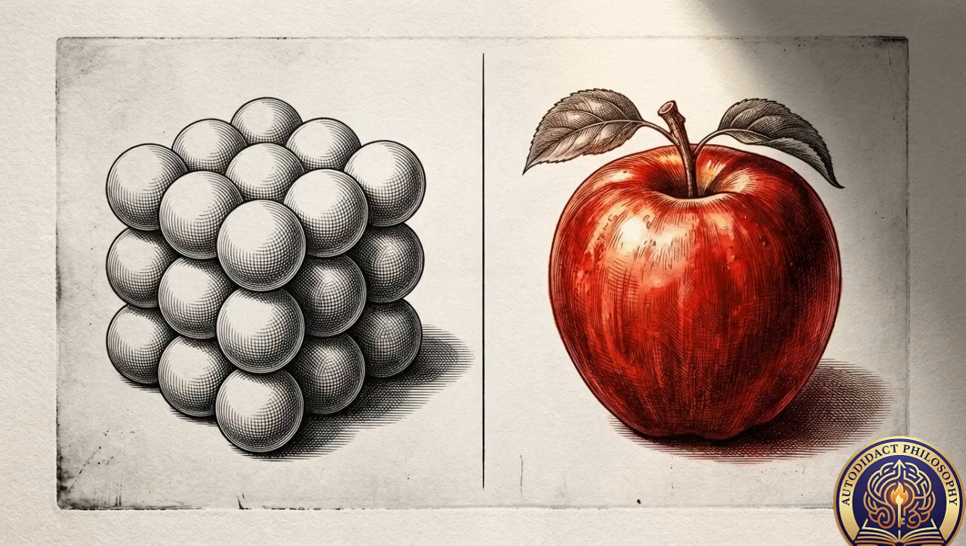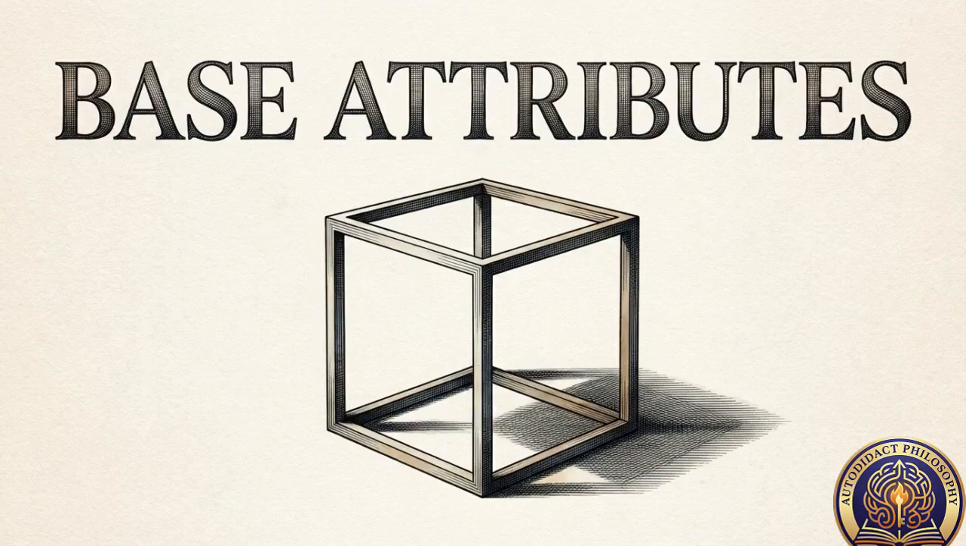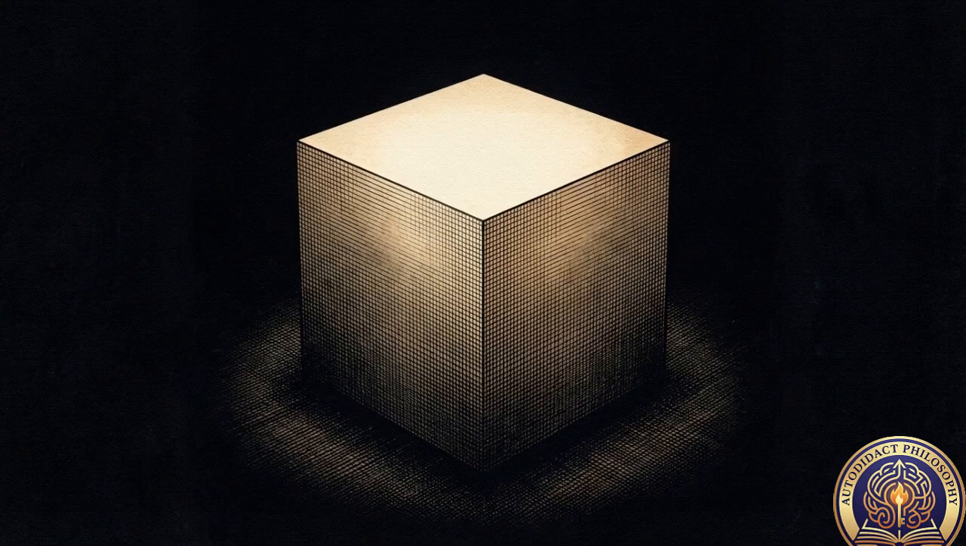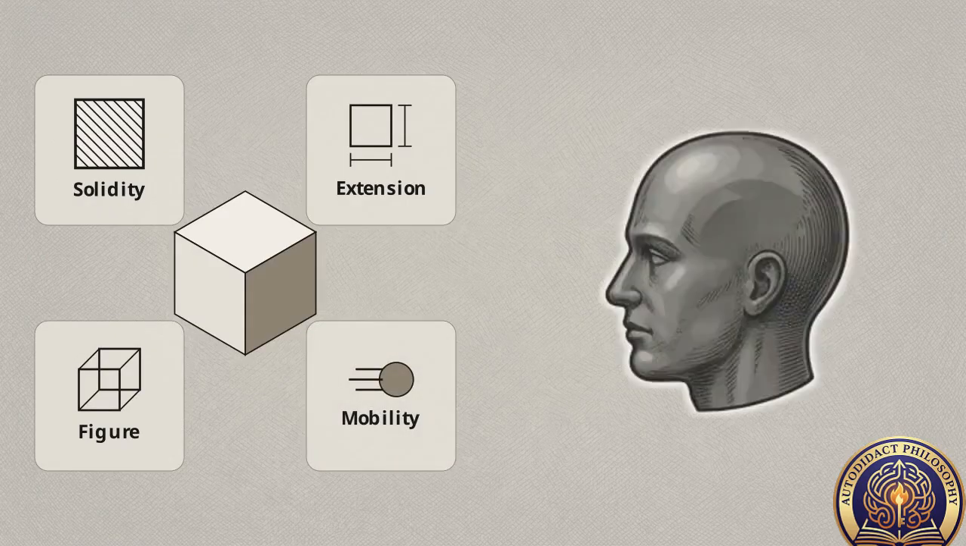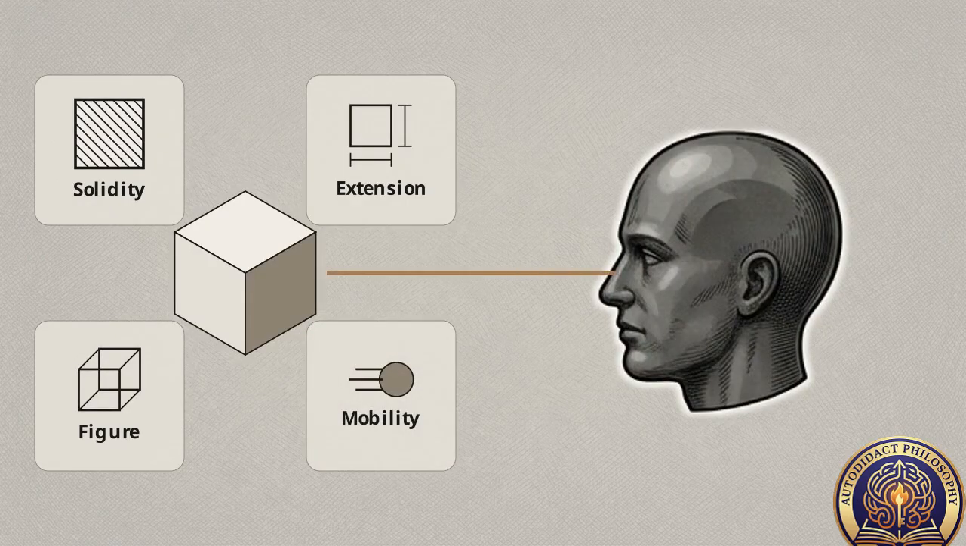To explain how these invisible atoms generate the subjective ideas in our minds, Locke divides the properties of physical objects into two strict categories. The first category is primary qualities. These are objective, mind-independent mathematical features. They exist in the physical object regardless of whether anyone is there to perceive them. The primary qualities are limited to solidity, extension, figure, and mobility. For primary qualities, Locke enforces a strict rule of resemblance. The mental idea you have of an object's shape or motion accurately mirrors the physical, atomic reality of that object